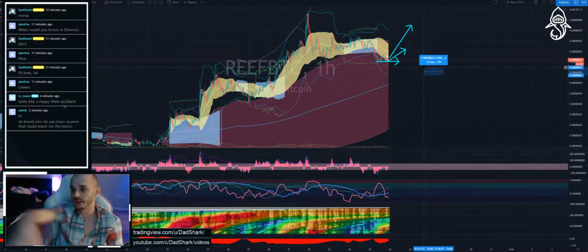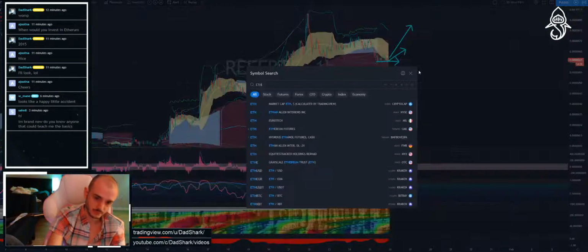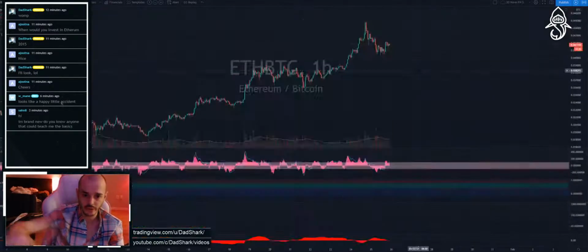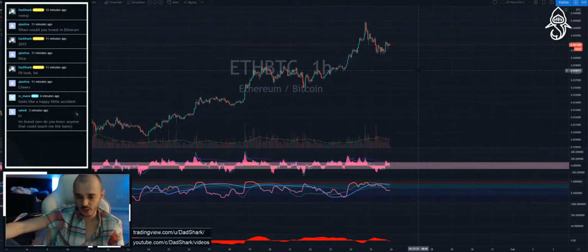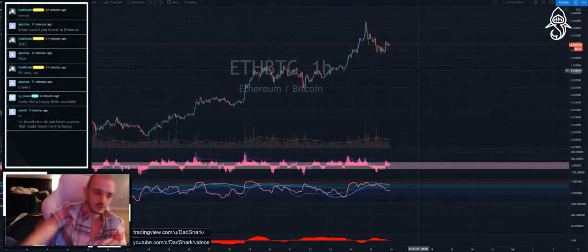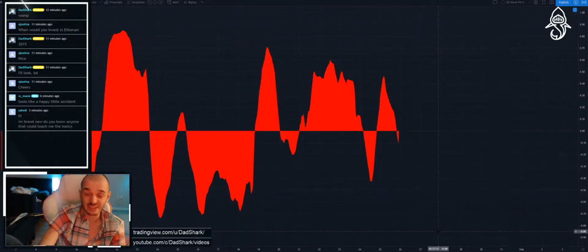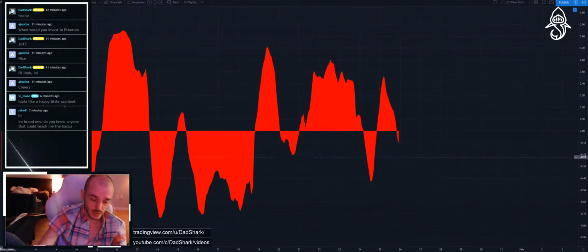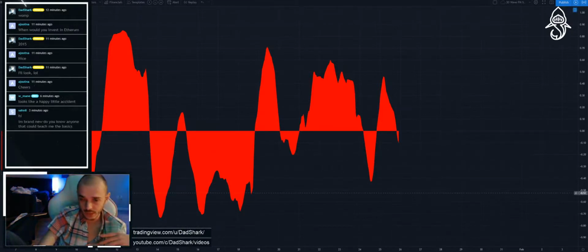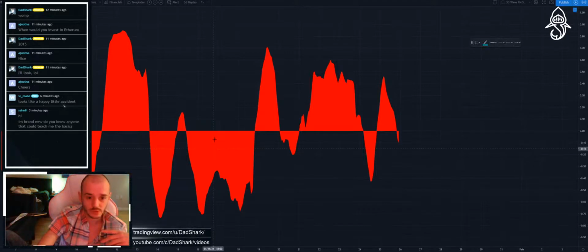ETH, yes. It is finally time to look at Ethereum. So first we have to look at Bitcoin, okay? Always look at the Bitcoin pairing first. What you do is you look at the Bitcoin pairing and you put along the correlation coefficient paired against Bitcoin USD. And the result is, this is your derivative,